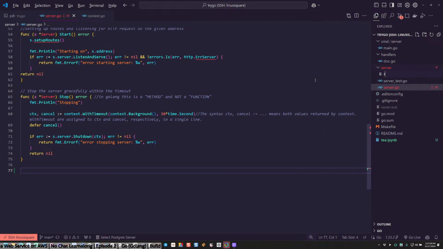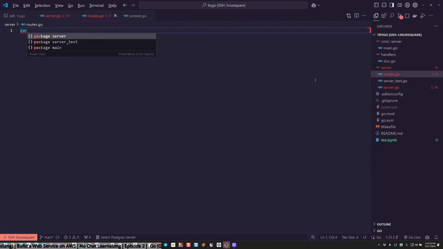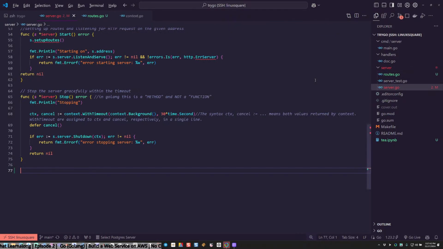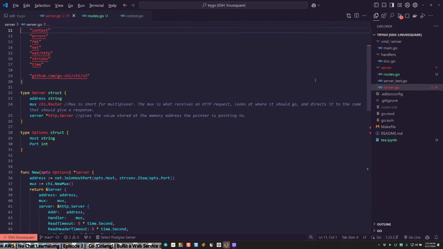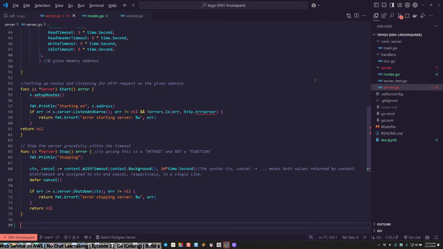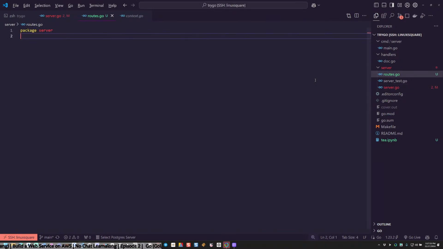There we go. Okay. Routes.go. Package server. And is the other one? Where's my page up? Package server. Oh, it is. Okay. Same package.